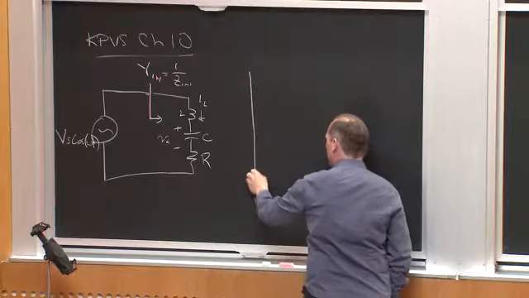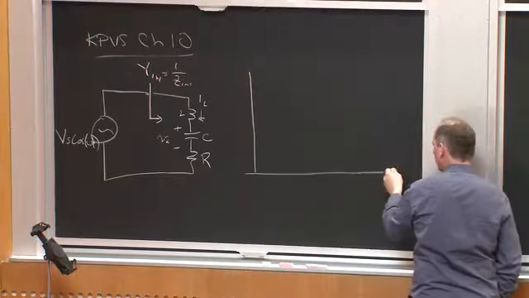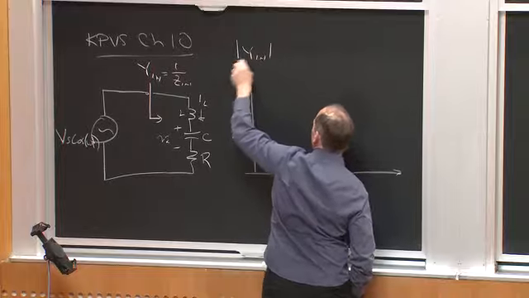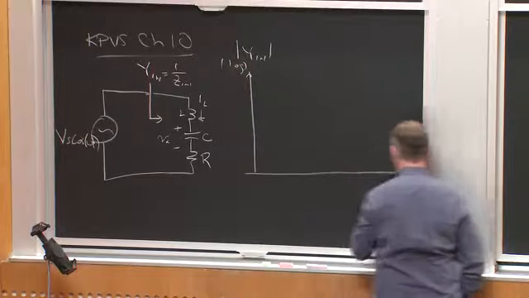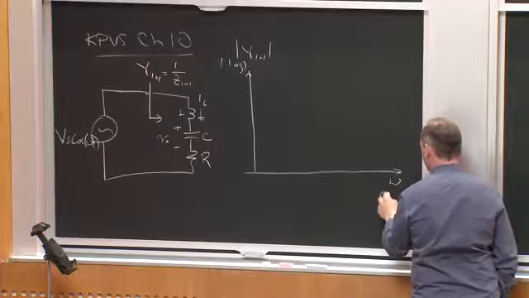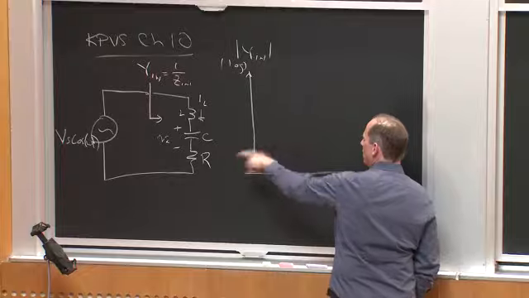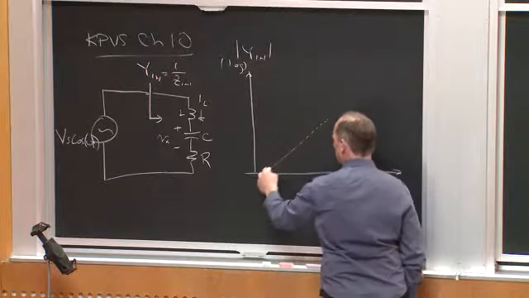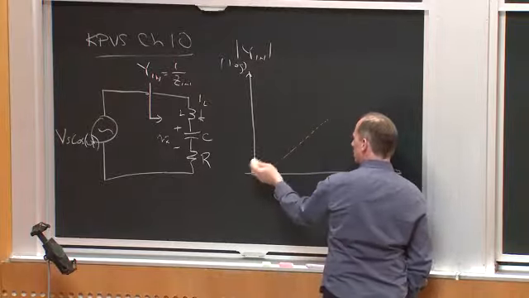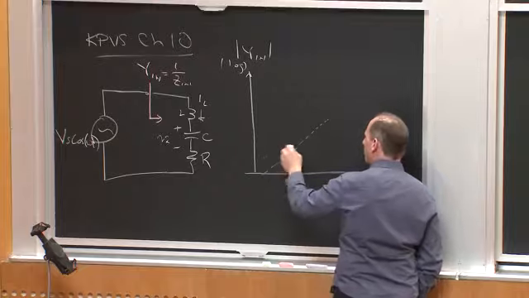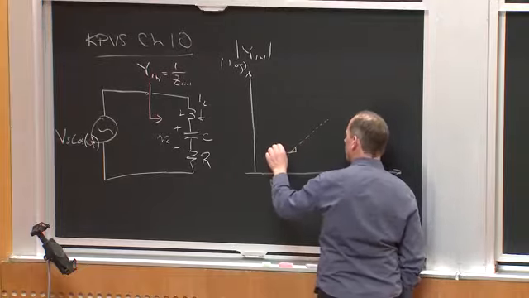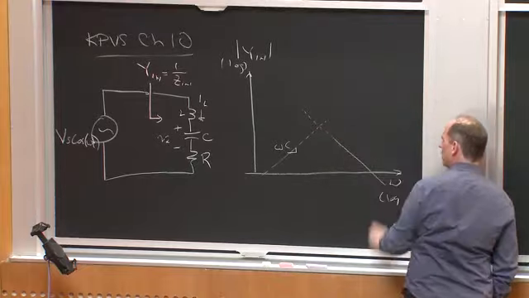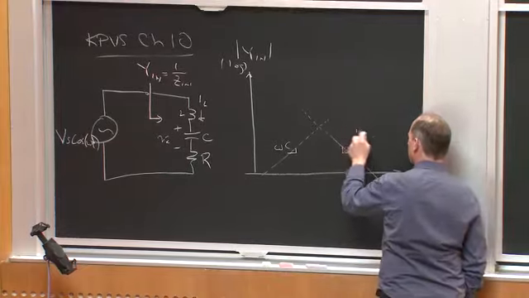If I plotted the magnitude of the admittance on a log scale versus frequency on a log scale, we said, okay, at low frequencies, the admittance is dominated by the capacitor, right? So we get omega C, and at high frequencies, it's dominated by the inductor, so I get 1 over omega